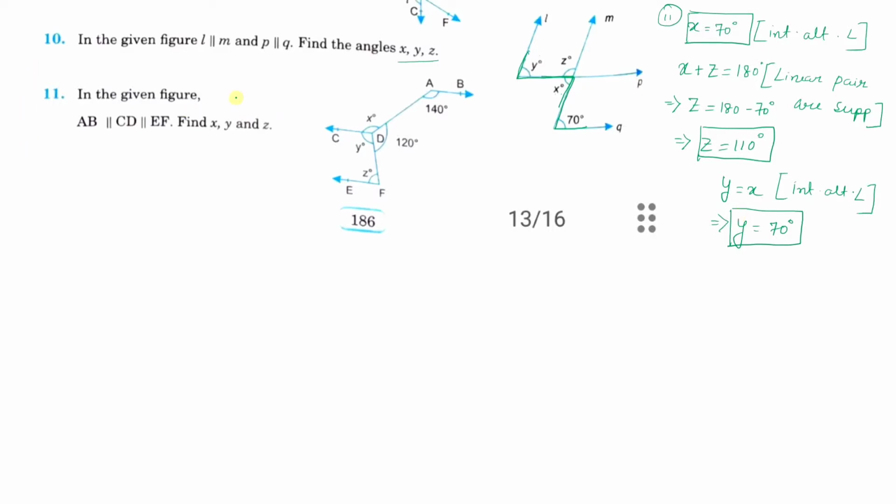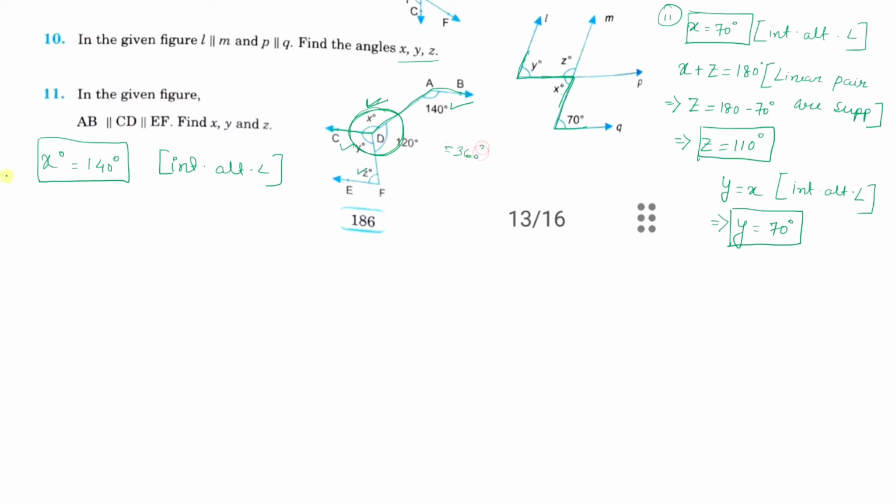Okay, fine. Look here. In this, AB is parallel to CD is parallel to EF, and you have to find the value of x, y and z. So look here, a Z-like structure is formed. Z-like structure is being formed, isn't it? So this 140 will be equal to x. So write down x degrees equals 140 degrees. The reason will be interior alternate angles. Next you can see here that this one is a complete angle, and you know that the complete angle is equal to 360 degrees.